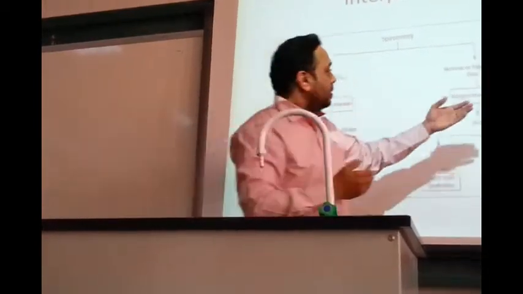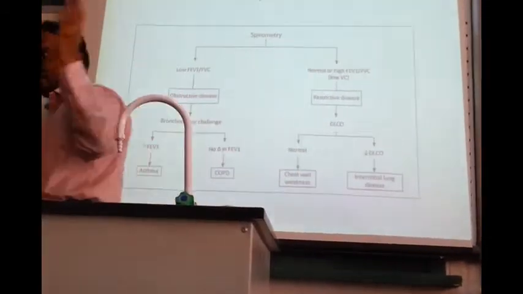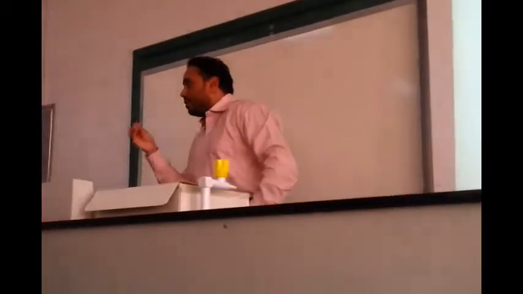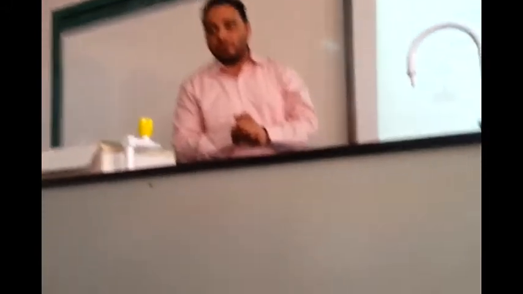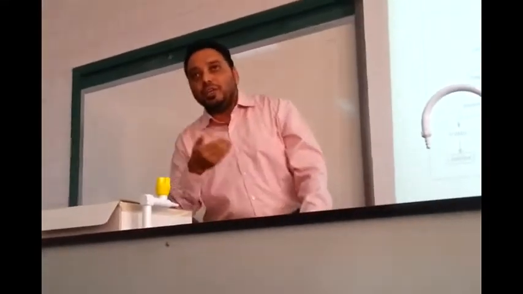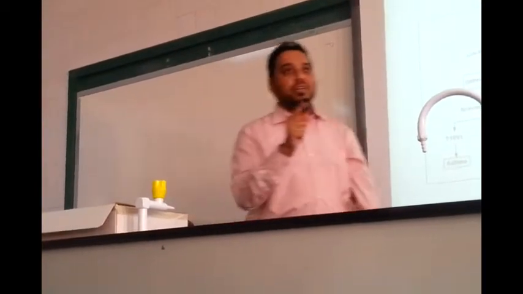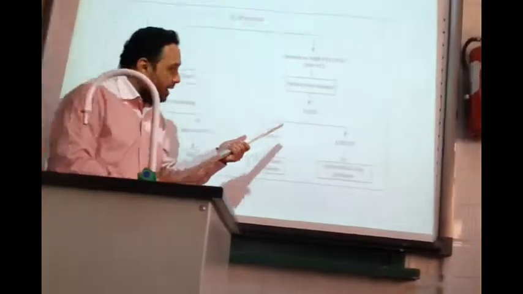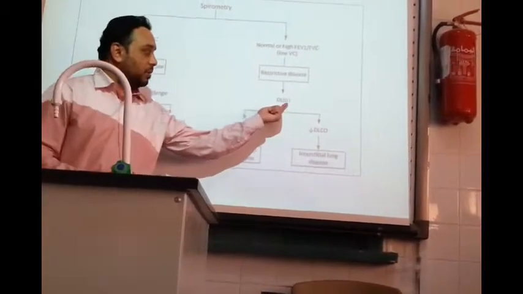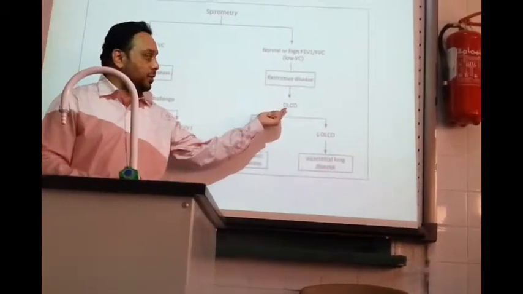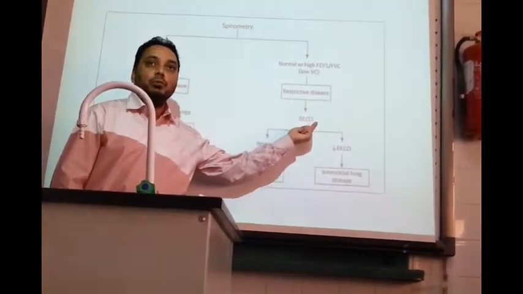That is why it is called interstitial lung disease. I told you in the beginning. If there is interstitial lung disease, fibrosis or emphysema or something else, naturally the diffusing capacity will be affected. For that, we use a gas called carbon monoxide. Using that, we do DLCO, diffusing lung capacity of carbon monoxide.